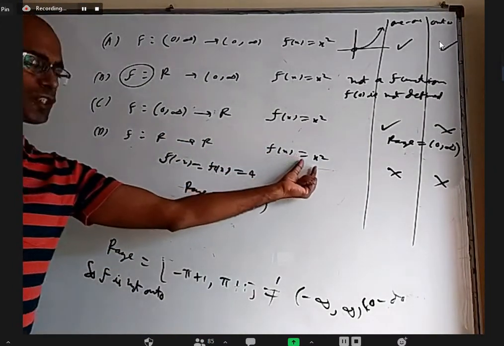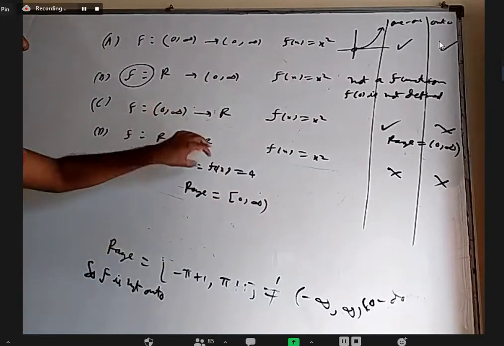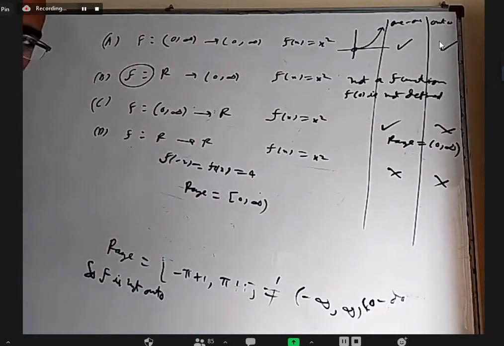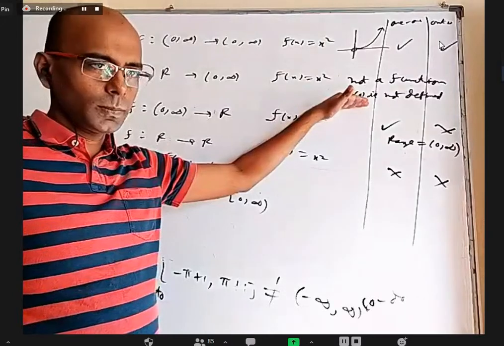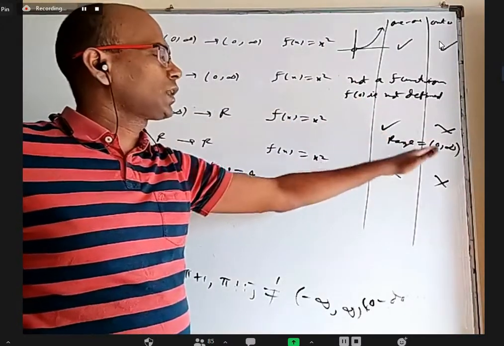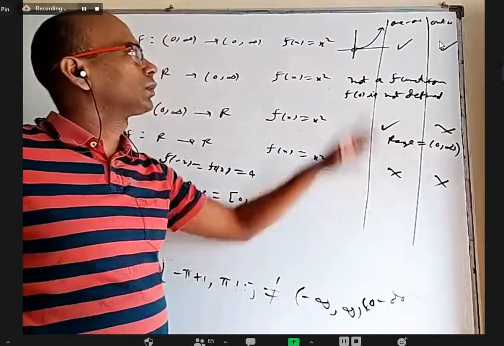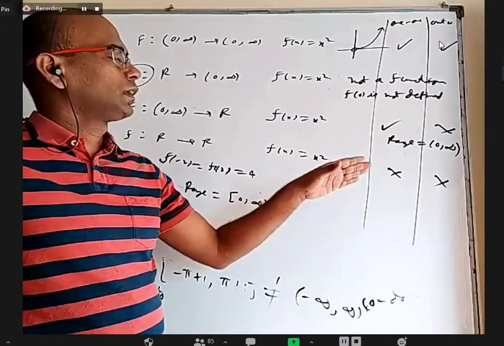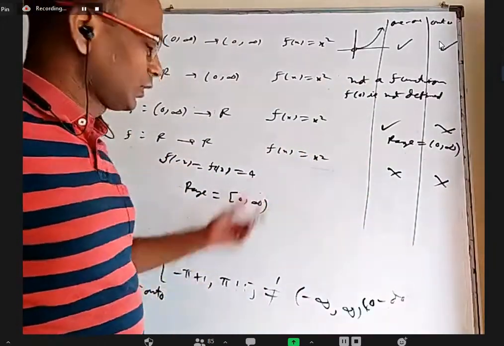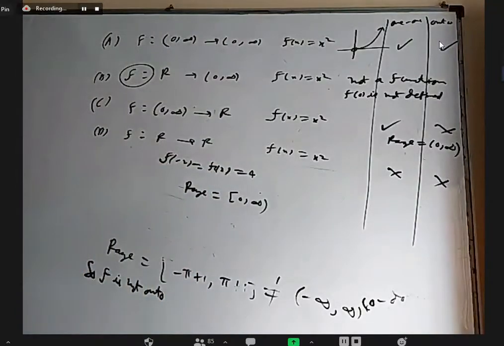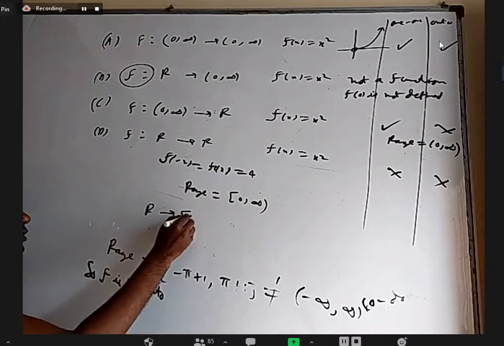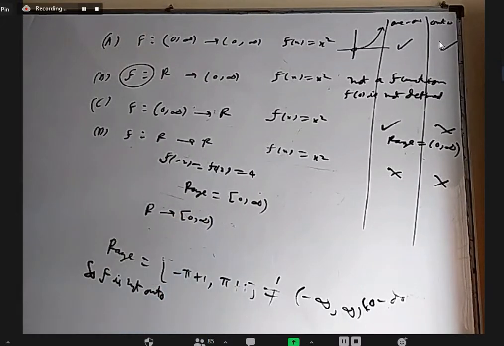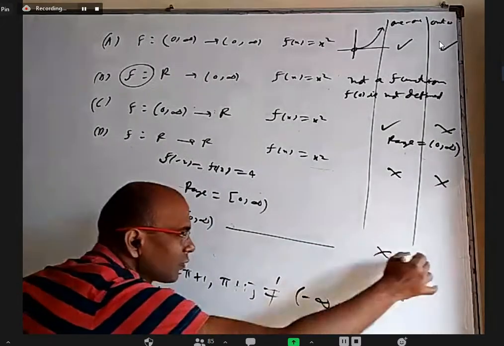So with the same definition, by changing the domain and codomain suitably, it may not be a function, or it may be a function but neither 1, 1 nor onto. All the cases are there: not a function, not 1, 1 nor onto, and 1, 1 but not onto. What is now missing is not 1, 1 but onto. We did not give that, but we can. If somebody wants that, you take R here and closed 0 to infinity there. That would have been not 1, 1 but onto.